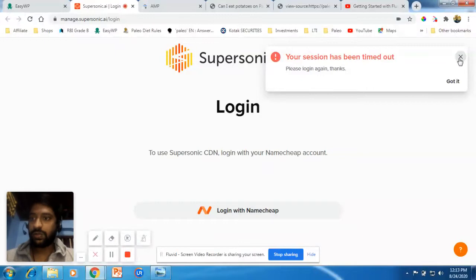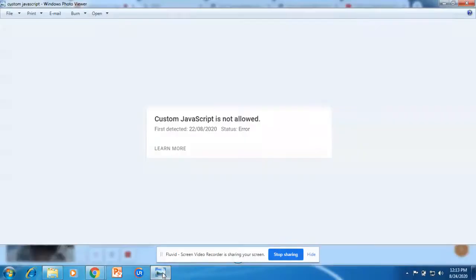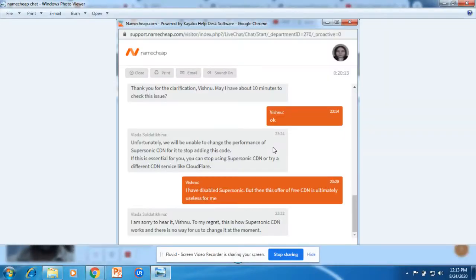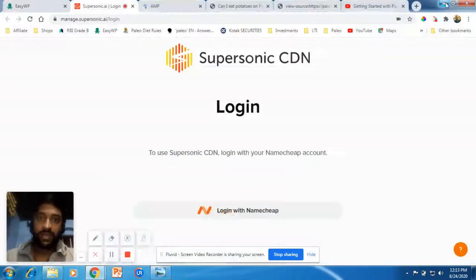The reason I'm saying this is because I have particularly taken this up with the Namecheap support team, and this is the response that they gave: unfortunately we will be unable to change the performance of Supersonic CDN, because that is how Supersonic CDN works. So the only option here is for you to disable your CDN, and if at all you need a CDN, you need to change the service provider.